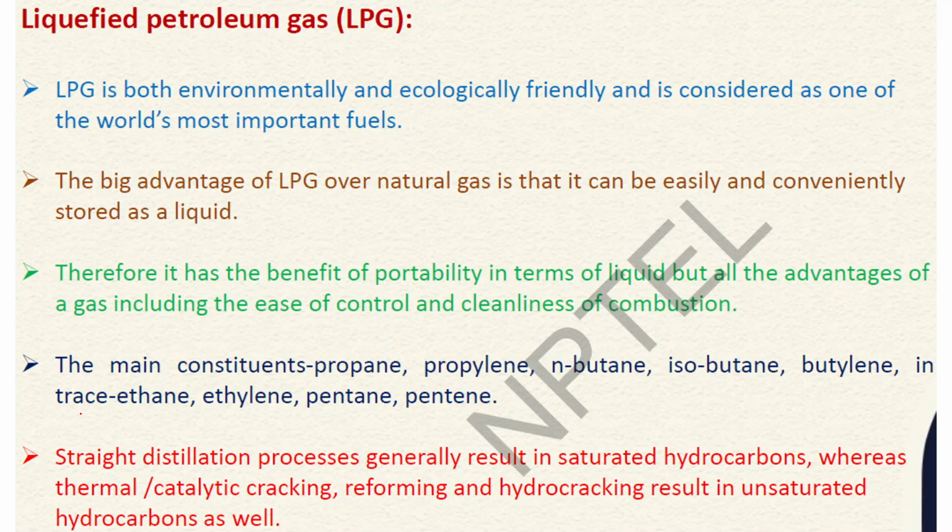So the first product that we get from the crude oil is the liquefied petroleum gas, that is LPG. LPG, we all know that it is basically used in households for cooking purposes, but that is not the only application of LPG. It is used in various other applications also. LPG is the lightest fraction that we get from the crude oil, that we get from the overhead of